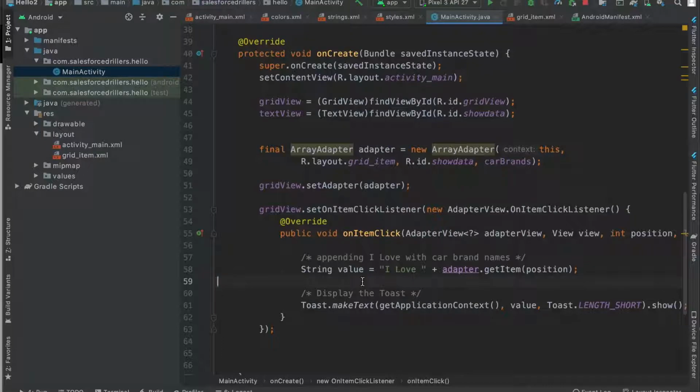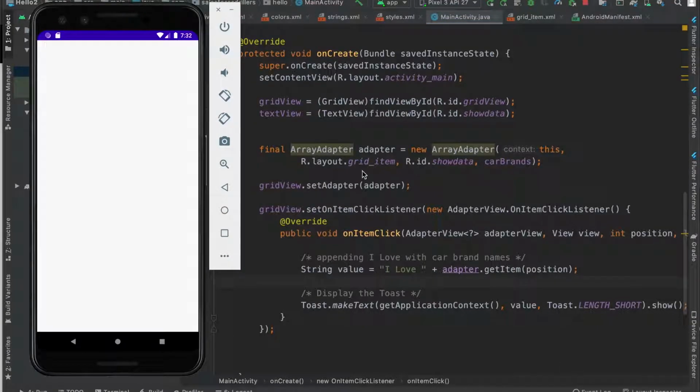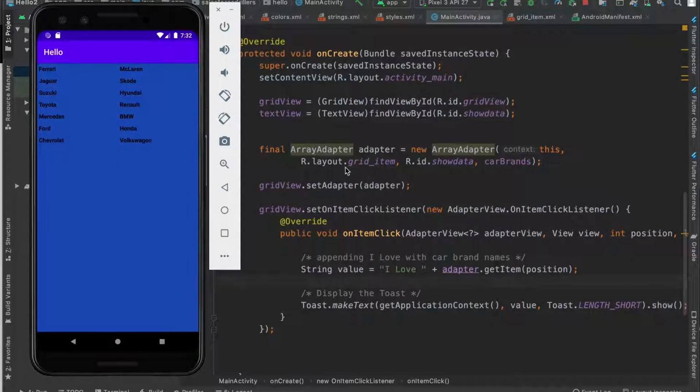So grid view is basically the same thing we have done in the list view. So list view and grid view, there is no difference. We have the only difference there: this one is the tag name. As you can see, in our list view we have implemented the same thing, grid view and text view instead of list view and text view. So I guess this one is completed, installed successfully. Now let's see how the grid view data will be shown here.